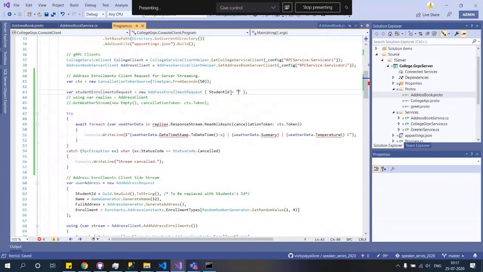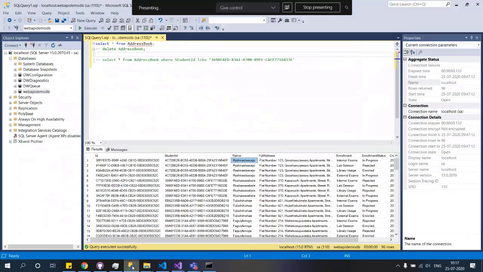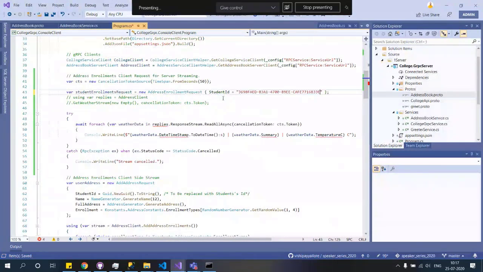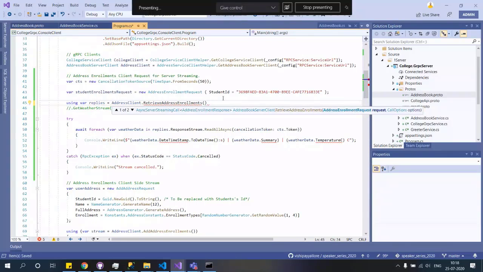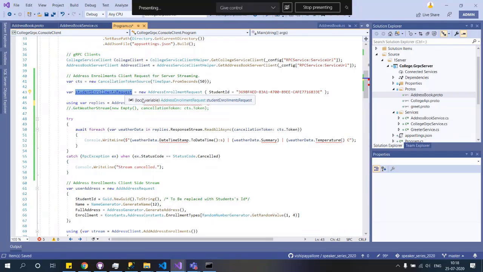So what we do is go to the SQL server and grab any one. We'll take this one, 368, and paste it here. That means one of the GUIDs, and we'll uncomment this and invoke retrieve address enrollments, and to that we will pass in this.